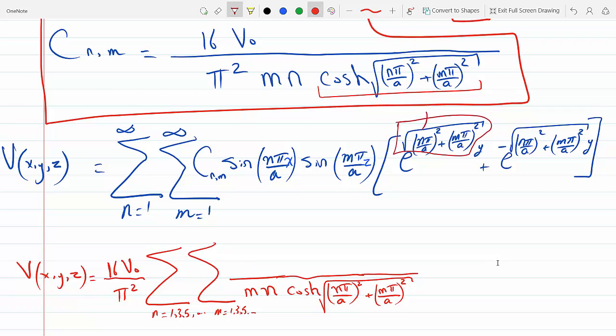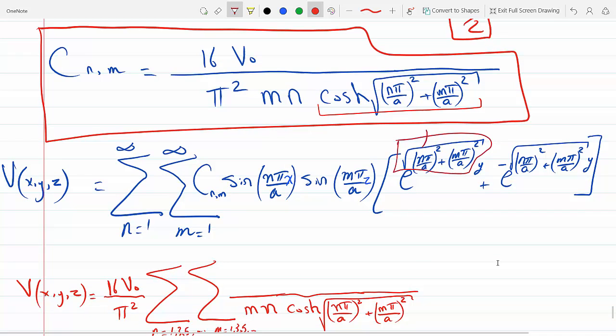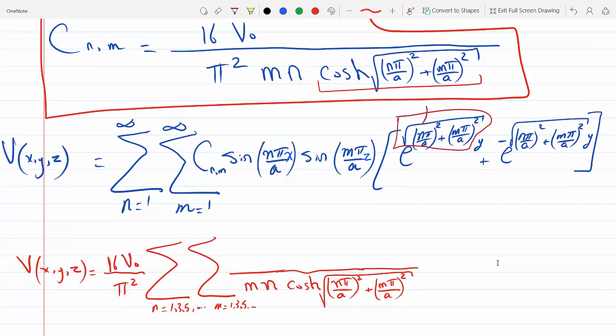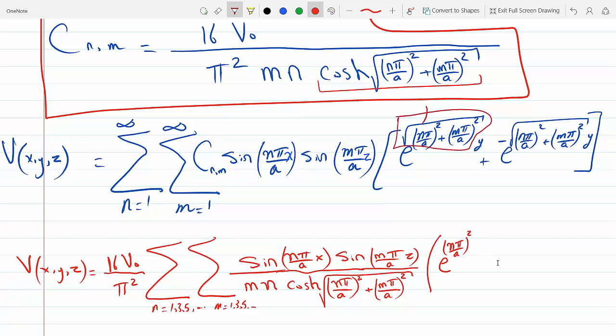And then I also have, of course, the sine terms. So let's put the sine terms here, otherwise we're not going to be able to fit it. So I'm done with the CNM. So I have a couple of sines. So sine n pi over a x, sine m pi over a z, and then I have my y terms as exponentials, so times e to the n pi over a squared plus m pi over a squared square root y